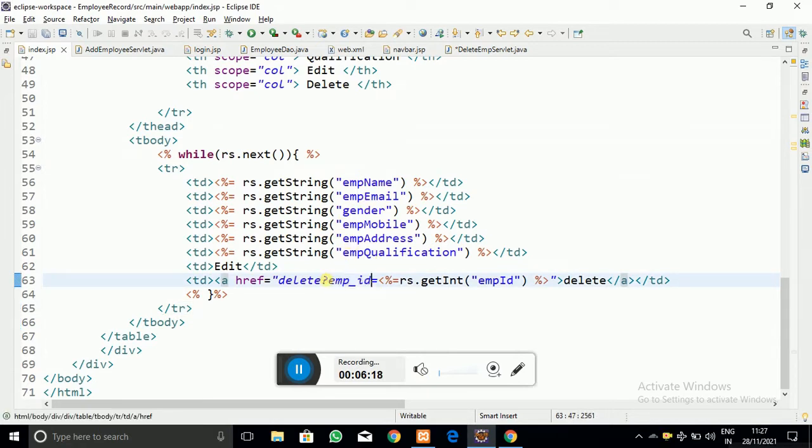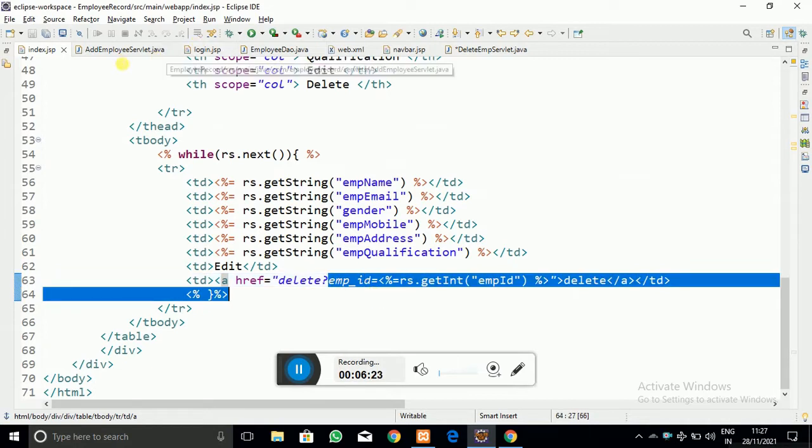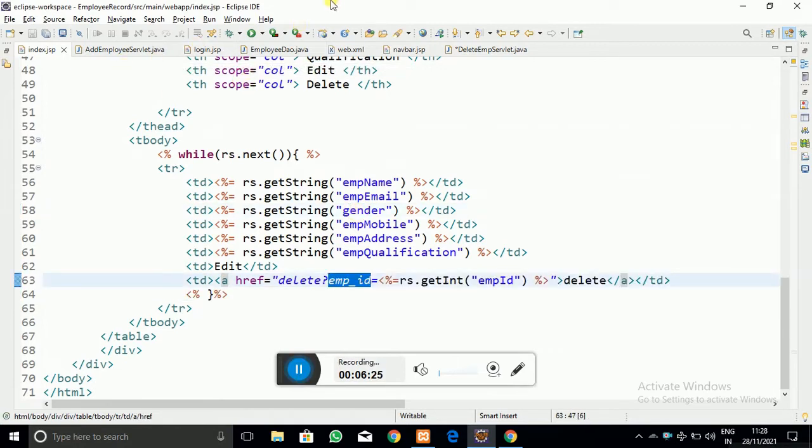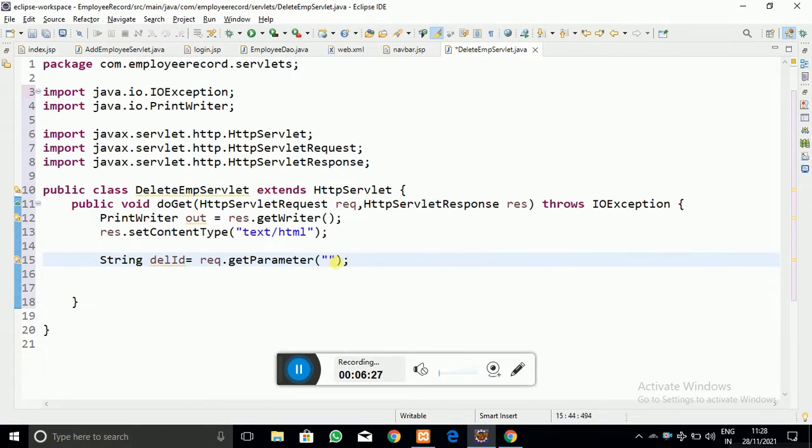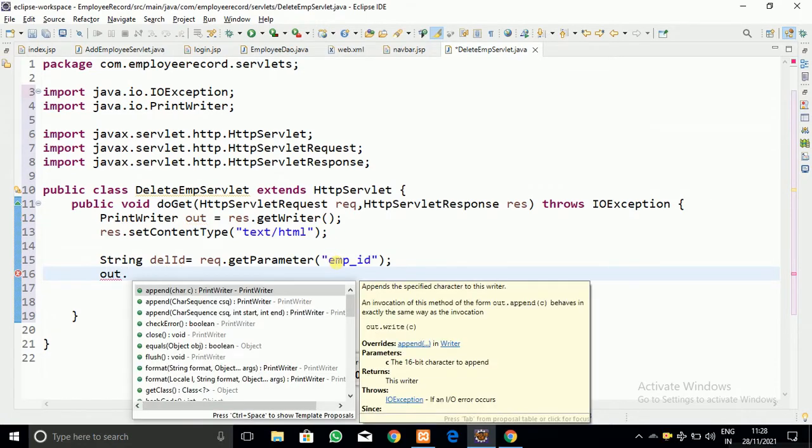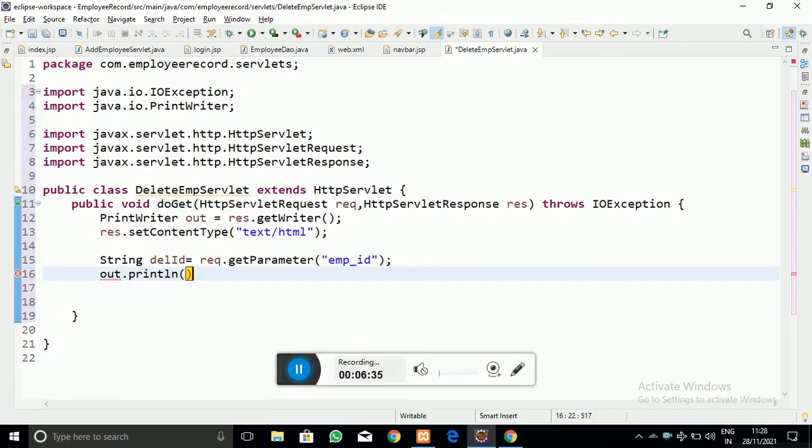You have to get it into the delete servlet that I am writing here. First of all, let me out.println it to check whether it is running or not, and then I will code further.